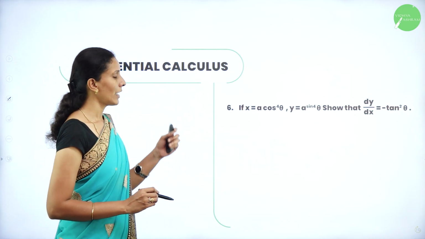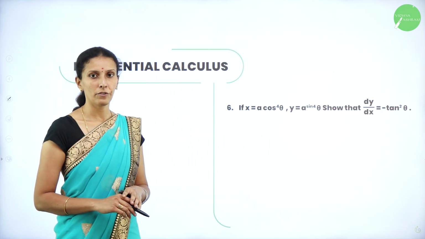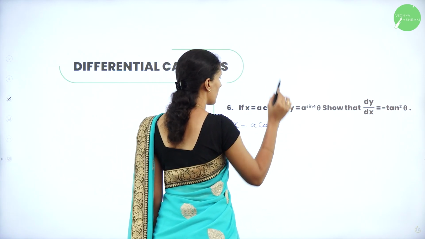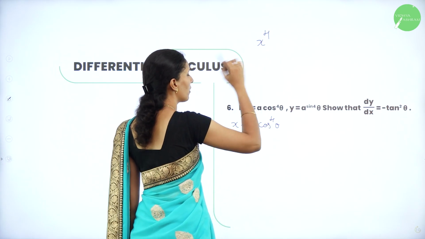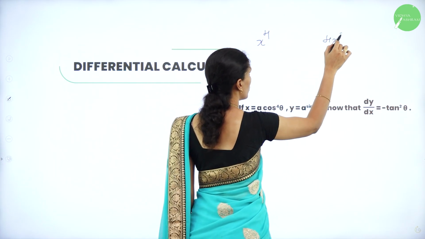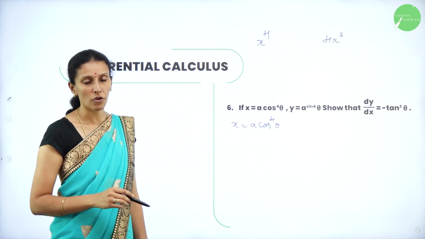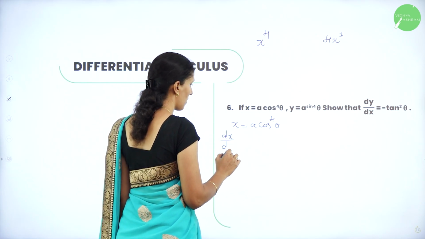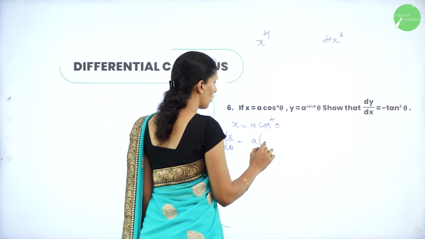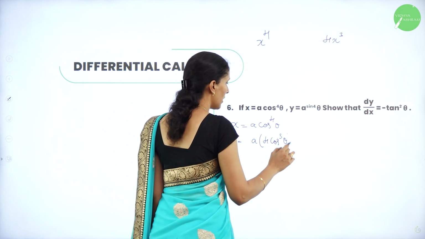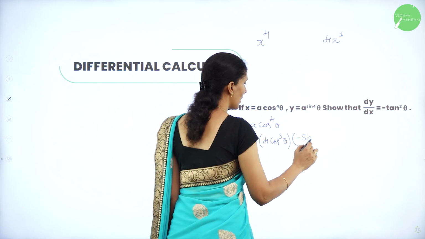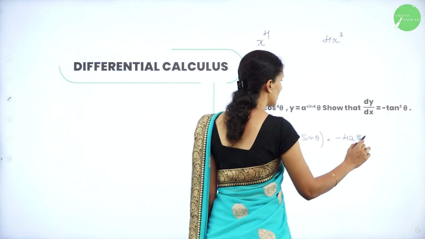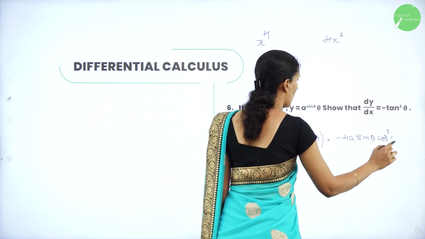So next we have a cos power 4 theta, a sin power 4 theta. So let me take x is equal to a cos power 4 theta. When you have a function in the form of x power 4, its differentiation is 4x cube. But we have cos and sin in terms of x, so we have to use chain rule there. So now dx by d theta will be, a is a constant, 4 cos cube theta. Again differentiation of cos theta is minus sin theta. So the answer is minus 4a sin theta cos cube theta.